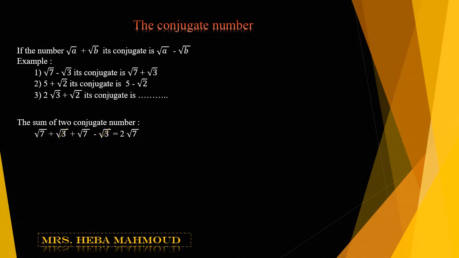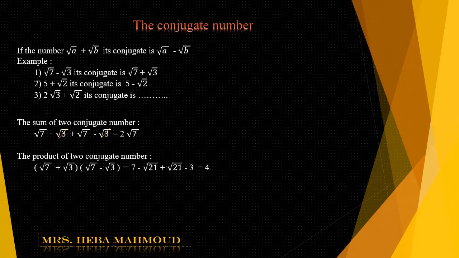We will cancel root 3 with negative root 3, and 1 root 7 plus 1 root 7, so the result will be 2 root 7. The product of two conjugate numbers, root 7 plus root 3 times root 7 minus root 3. The product between any two conjugate numbers will be the product of the first two numbers, which is root 7 times root 7, will be 7, minus the product of the second, which is root 3 times root 3